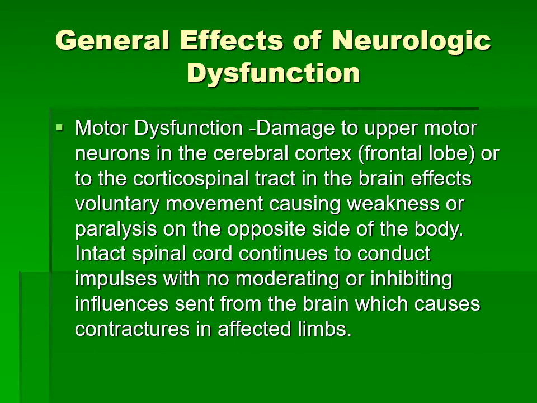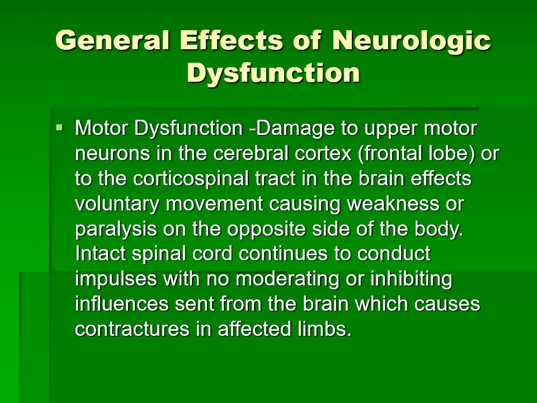General effects of neurologic dysfunction. Motor dysfunction. When you have damage to the upper motor neurons in the cerebral cortex, in the frontal lobe, which is the precentral cortex, precentral gyrus, or the corticospinal tract of the brain, it affects voluntary movement, causing weakness or paralysis on the opposite side of the